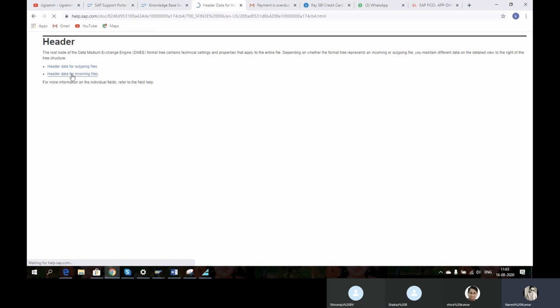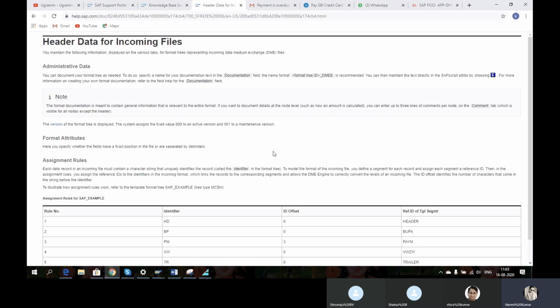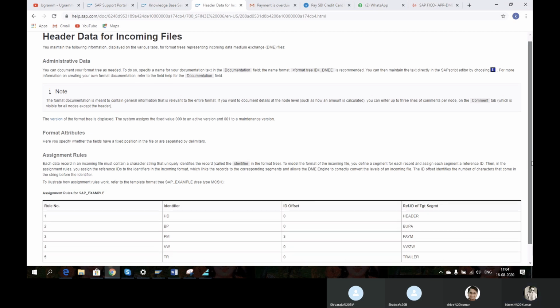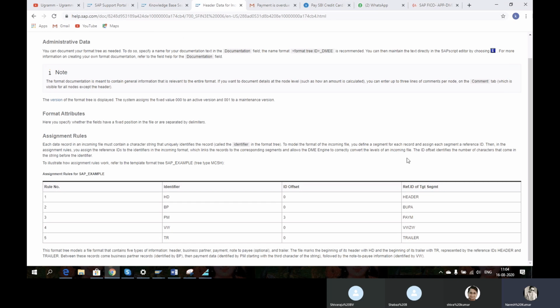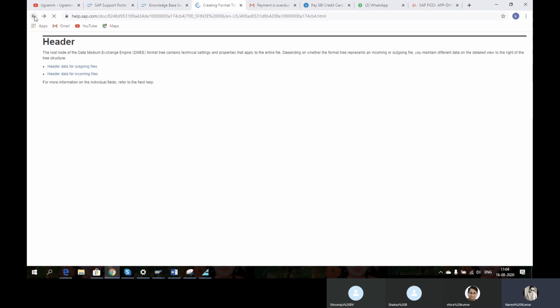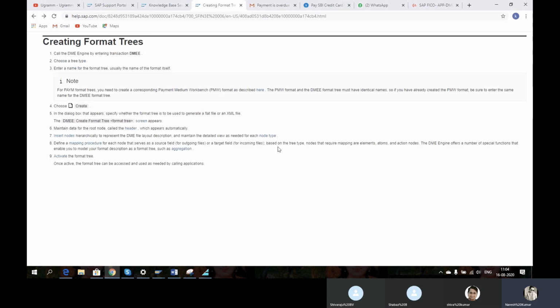We will be able to check it when we are going with incoming and outgoing. This is for the reference I'm giving out. Like this, we will be having header for administrative data for incoming data. Okay. Like this, format attributes or assignment rules differ from outgoing data. This is how actually the format structures of the fields we are going to map in coming sessions. This is one key thing. And node type. What is the node type?